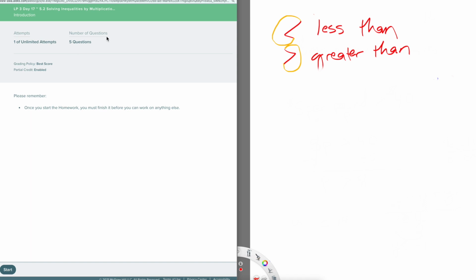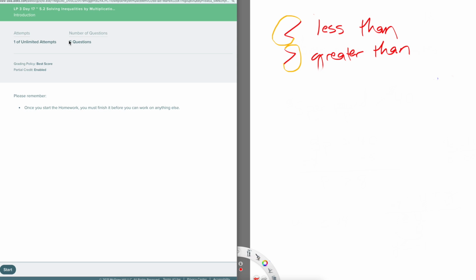Number of questions just tells us how many questions are on this assignment. So there are 5 on this particular section. Just depends on the section and what was available there. There's going to be anywhere from 1 to 10 questions. Grading policies, best score, whichever attempt is the best one is the one you keep. And partial credit is enabled, meaning that if you do 1 of 5 questions, you get credit for the